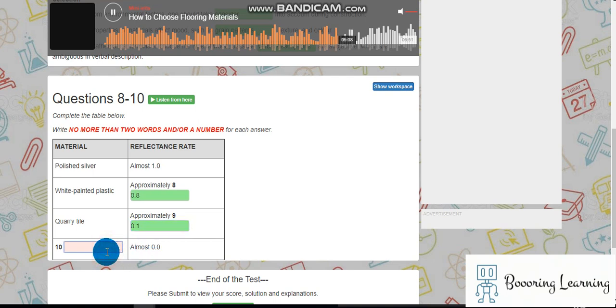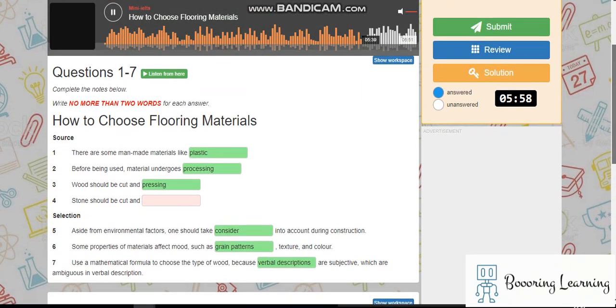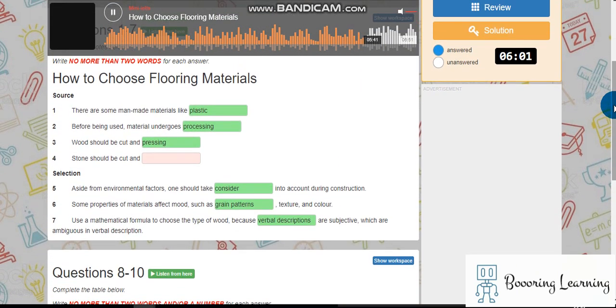Of course, there is considerable variation among types of quarry tile because of the hue or treatment of the clay during its creation. Does anyone have any guesses as to what material may have a rate of almost 0.0? We can guess most of these materials are black in colour, but plastic, wood and even stone reflect sunlight. One material with a rate of almost 0.0 is black velvet. The texture produces almost no shine at all. Carrara marble, despite its white hue, is actually lower in reflectivity than black onyx. In any case, the fact that